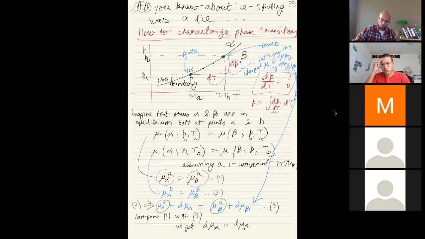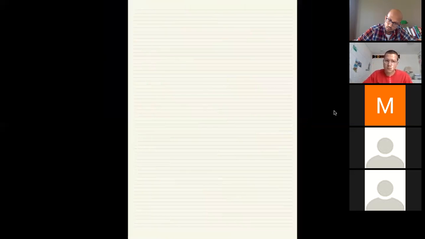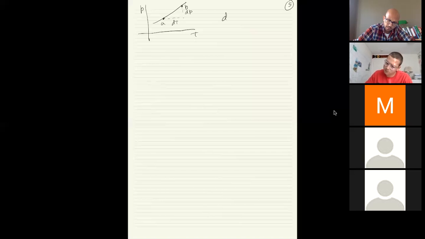But now we know that dG, let's actually go to the next page before writing this more. So we just showed, to recapitulate that curve for you, we have a pressure temperature curve. We went from point A to point B, where this was dT, this was dP, and this phase was alpha and this phase was beta, and we are trying to characterize the curve in between them. So I just wrote down that d mu